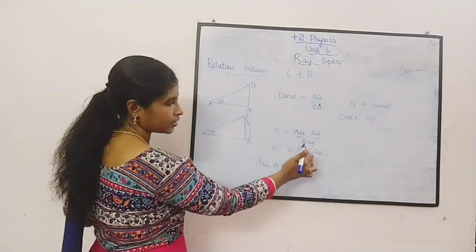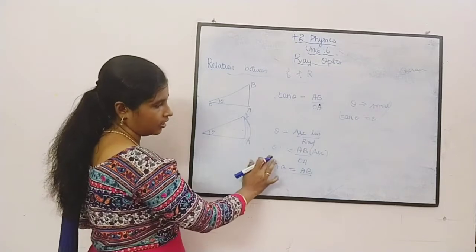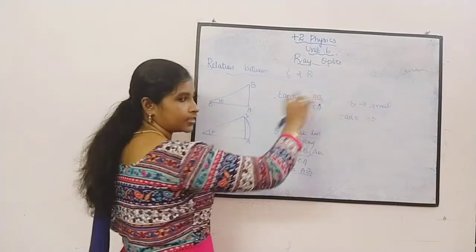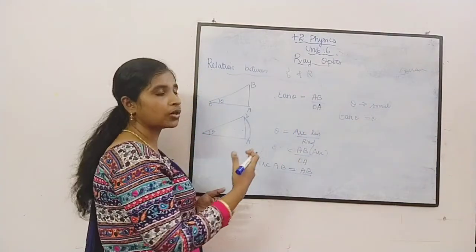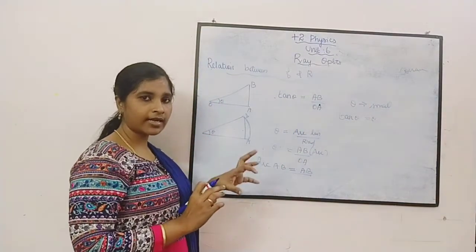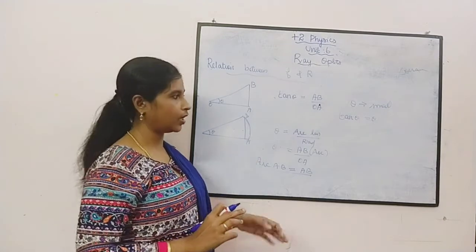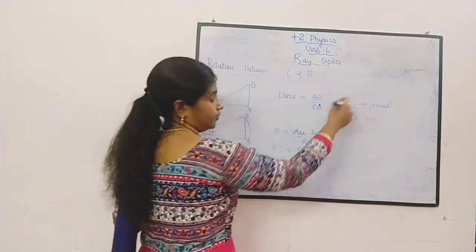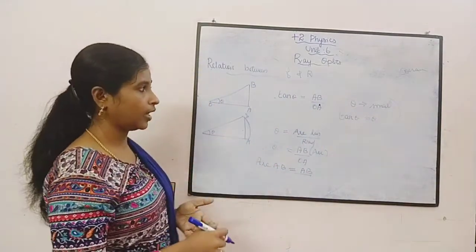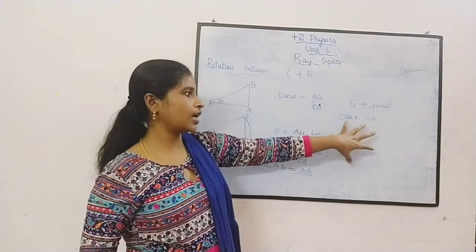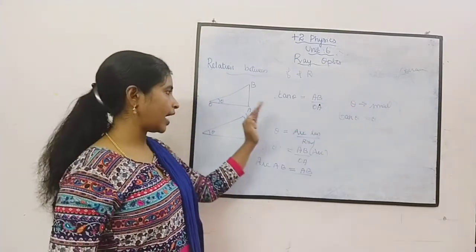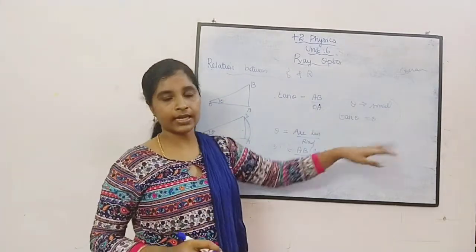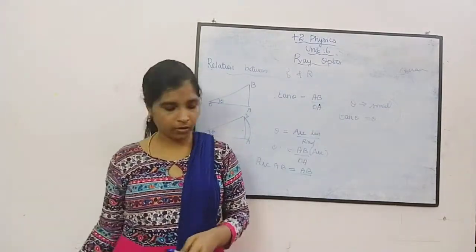So instead of arc AB by OA, we get theta. So for very small angles of theta, instead of tan theta, I can write it simply as theta. This case is suitable for sin theta also. For small angles of theta, sin theta will also become theta. So in your forthcoming units, you will be applying this in many places. If the angle is very small, these two conditions are equal, so I can write simply tan theta is equal to theta.